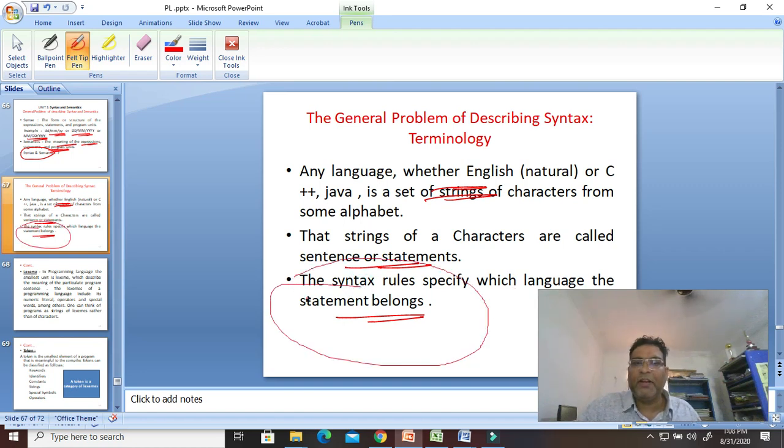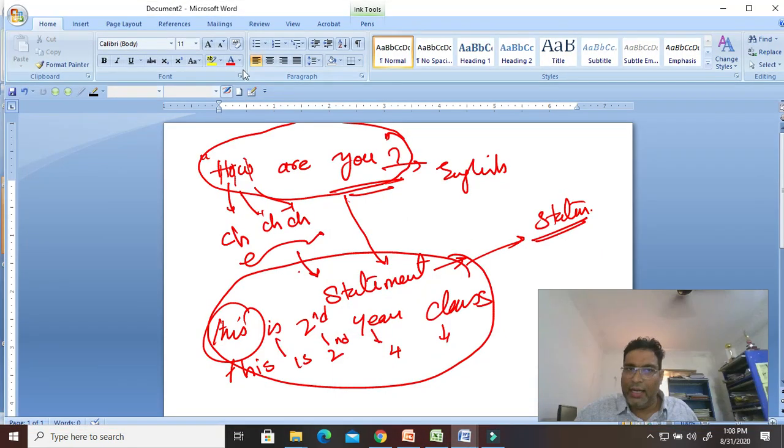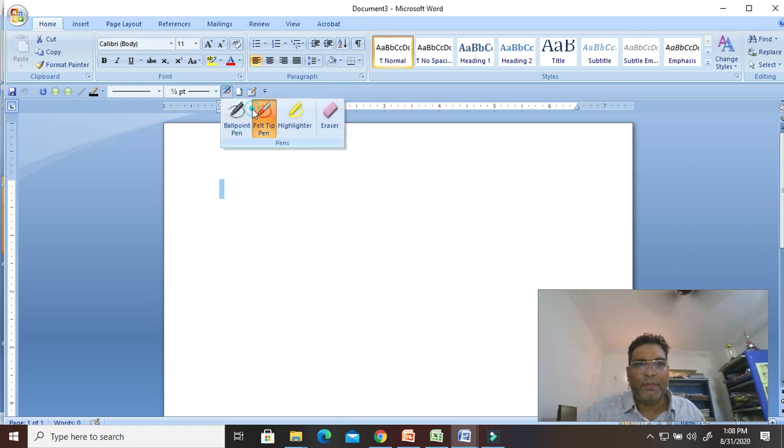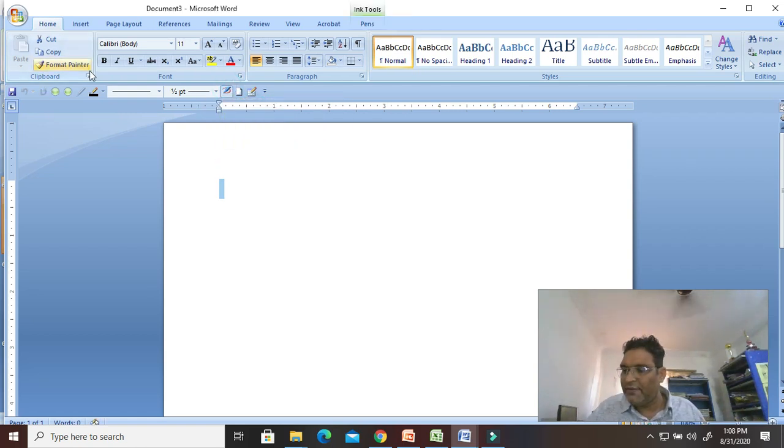The syntax rules specify which language each statement belongs to. For this statement we are going to see. Now for an example, I'll take one more slide, and I'll explain you what you mean by this one. Let's take an example. I'll just go for a simple C language program. I have to specify the pen. Let's go to this. I've specified, sorry, include stdio.h,